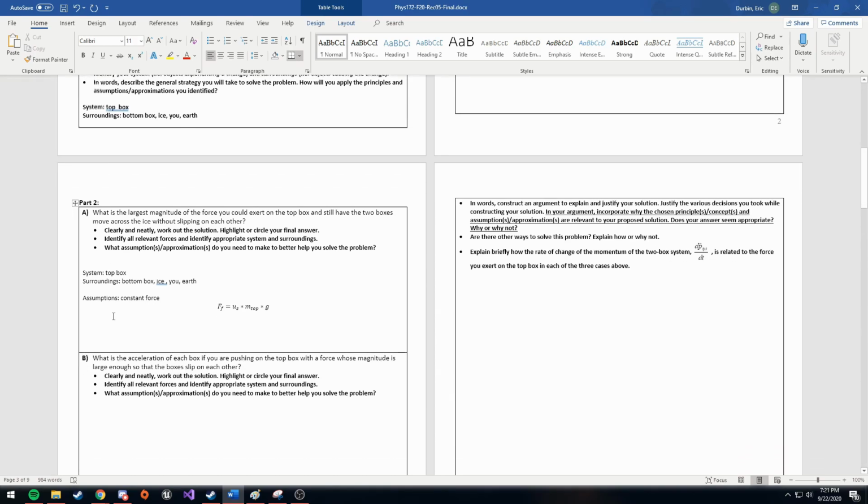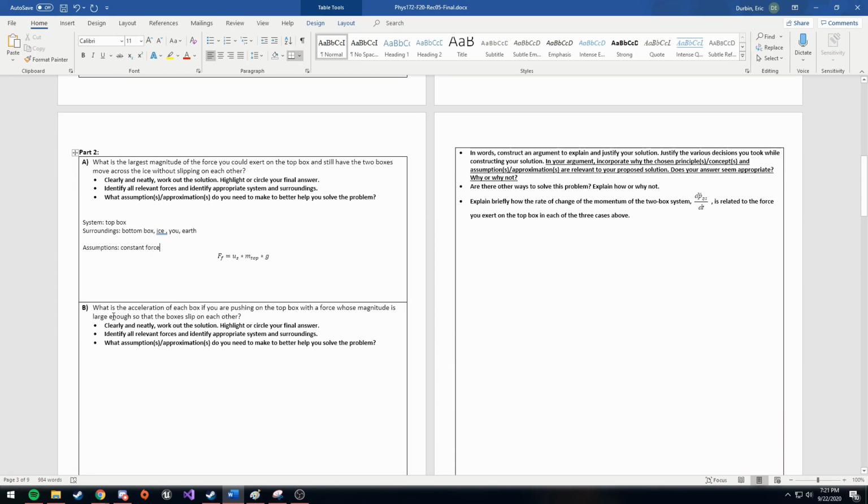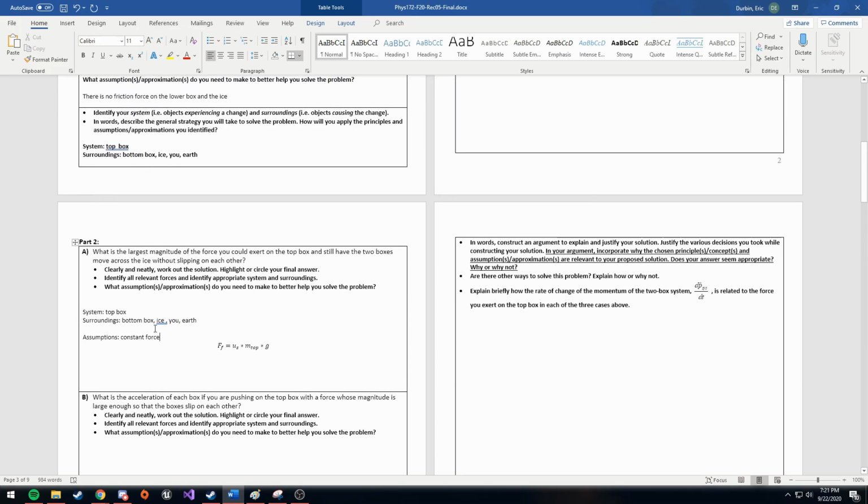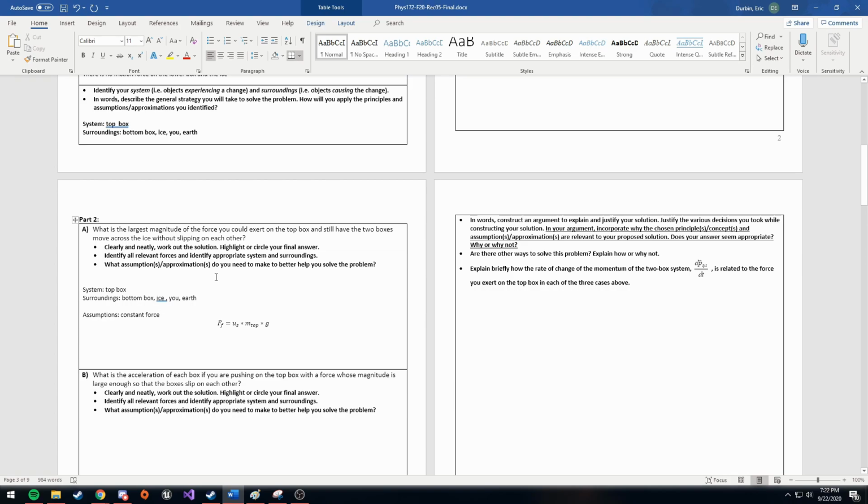So if they're already stuck together and they're moving together, you don't have to worry about the bottom box's static friction, like exceeding that, because you're just applying the force on the top box, so you're not concerned with the frictional force of the bottom box. Does that make sense? Sorry, what is your question?